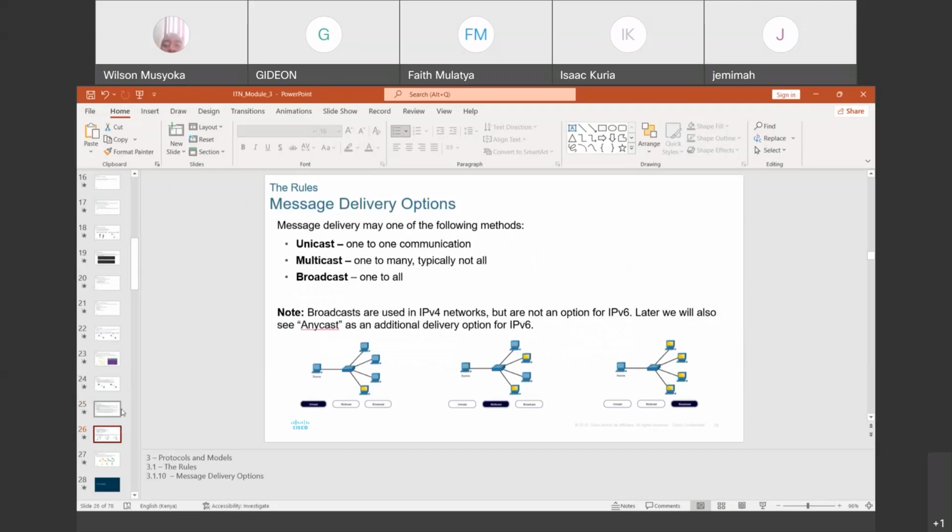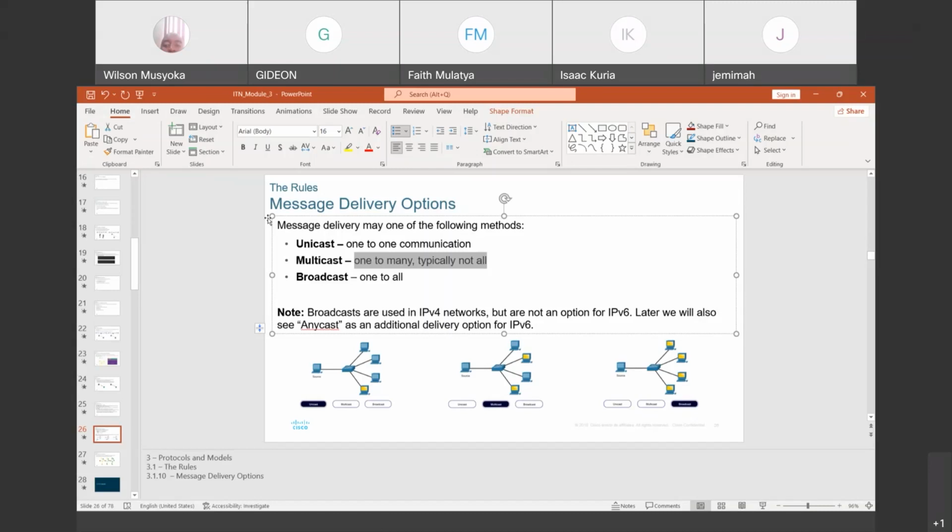How are the messages going to be delivered? Messages can be delivered either as unicast, that is one-to-one communication, or as multicast, where we have one-to-many. Like here, we are using a multicast method, whereby messages are coming from this machine, but to specified recipients.